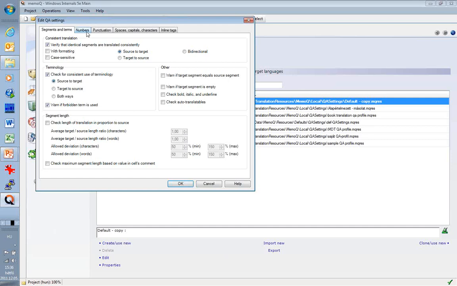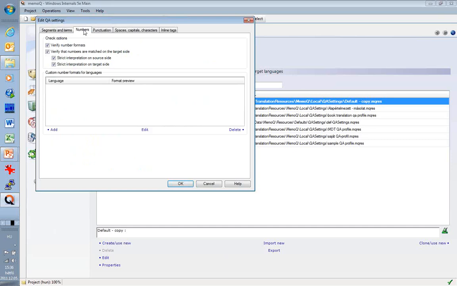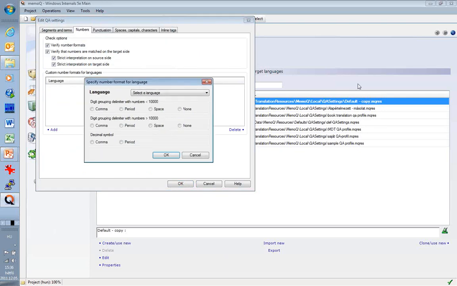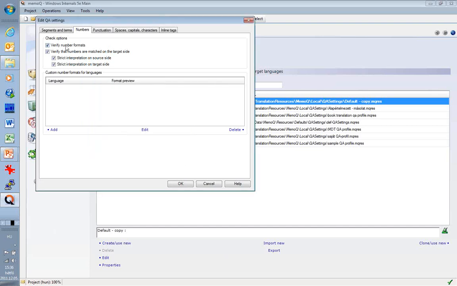So if I'm editing the QA profile, I go into numbers and I can add custom number formats for languages, which means that I can select a digit grouping delimiter for numbers that are smaller than 10,000, or a digit grouping delimiter for numbers that are greater than 10,000, and also a decimal symbol. And I can also turn off verifying the number formats,